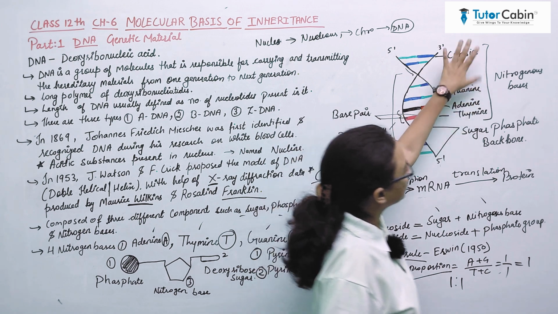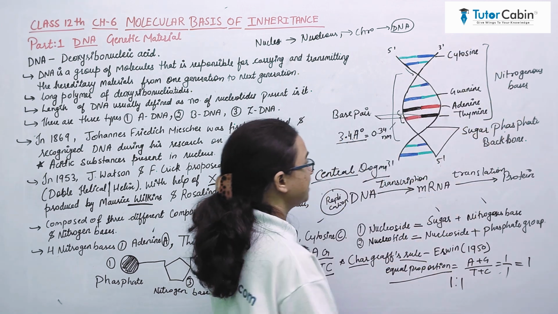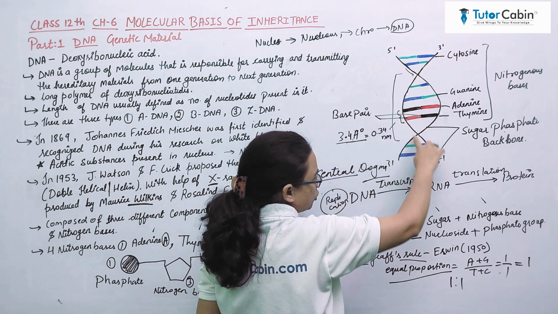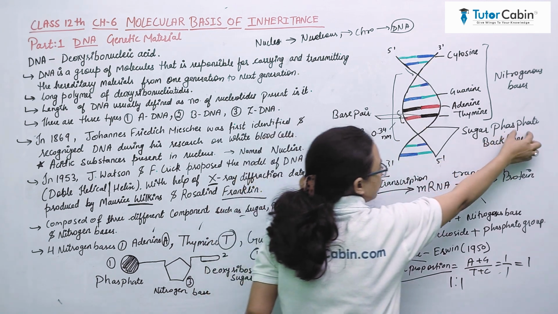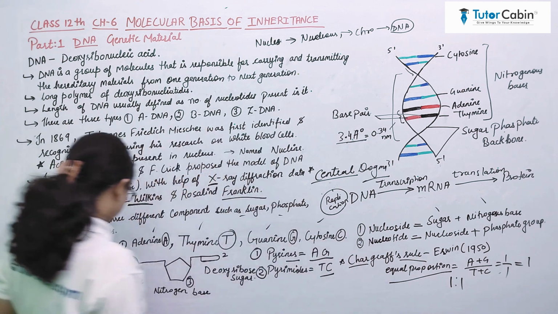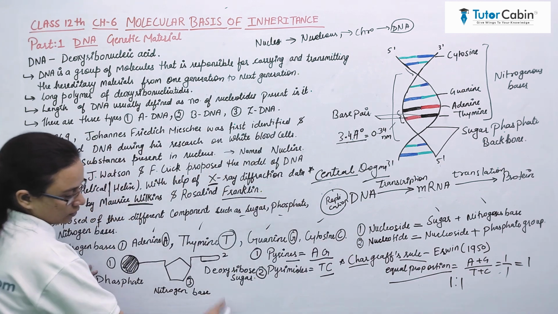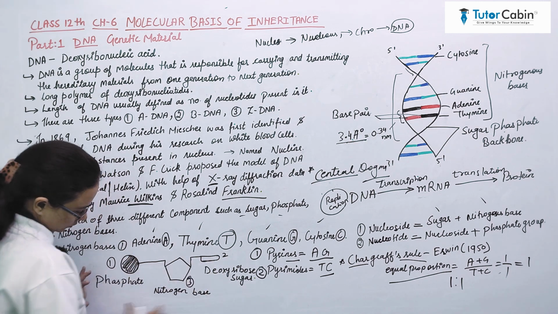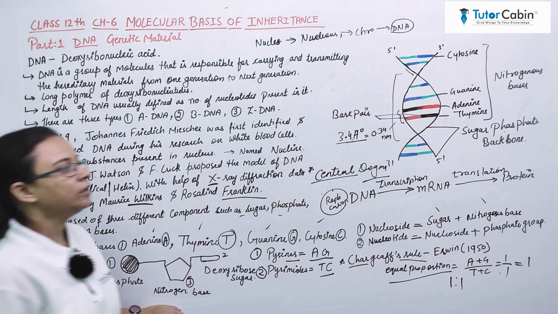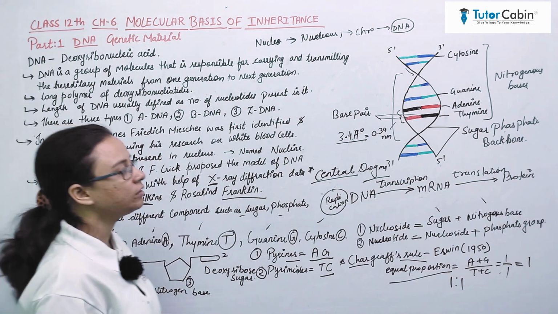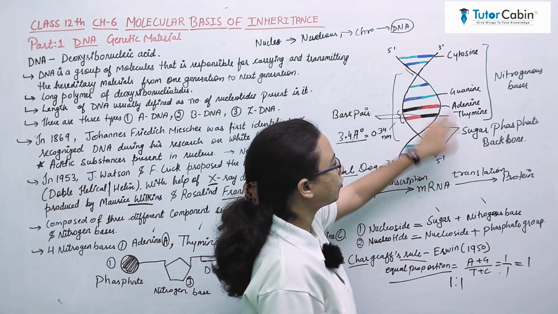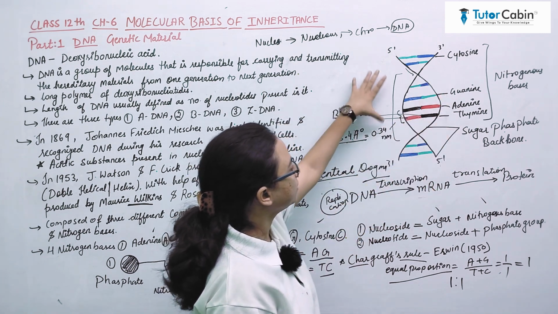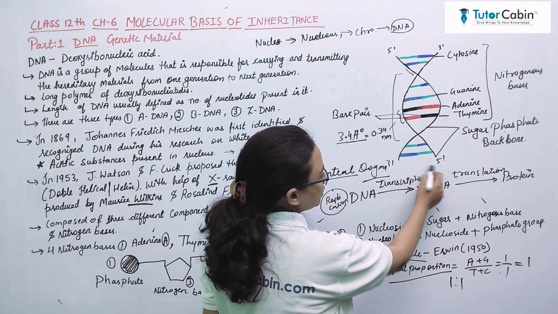So these are the nitrogenous bases, and these black lines are shown as the sugar plus phosphate backbone. Here is phosphate plus sugar. One side is sugar and the other side is arranged like this, and this sugar and phosphate are the backbone, providing support to the nitrogenous bases. So here is the backbone of sugar, and this is 2 nanometer